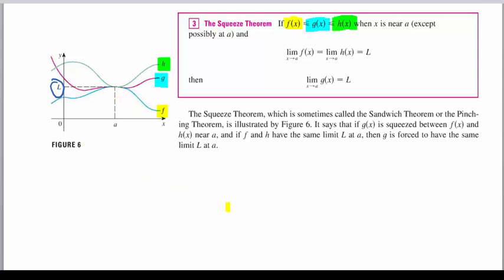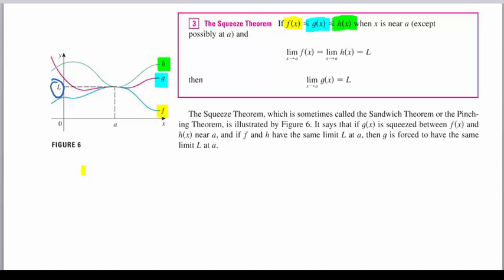So graphically, I think it's fairly obvious to see what's going on there, right? You have g in between f and h. f and h have the same limit, so g has to have the same limit also. All right. Now it's a little bit more complicated when they give you no graph and just a problem that'll say something like,